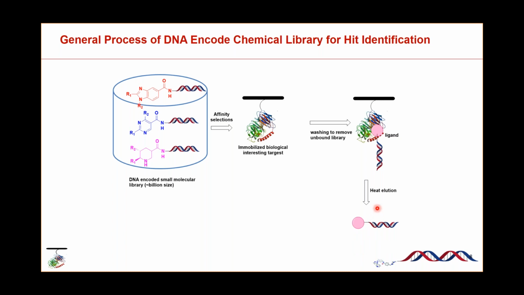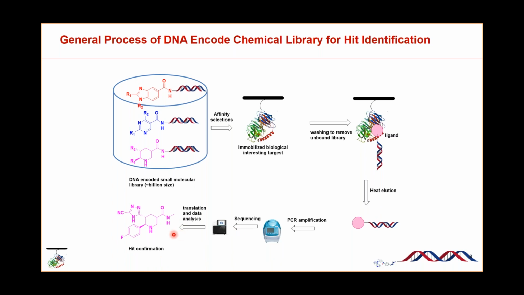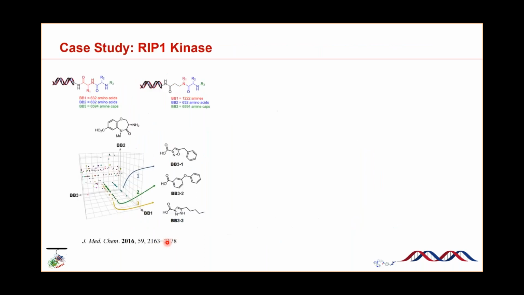After you do the heat evolution, you can do the PCR and the sequence, and from the sequence data you can analyze the potential vendors and using these things as a traditional organic compound. Then you can use biochemistry and biophysics assay to confirm this activity. For example, this electrokinase case, which we have very well documented in the literature, and it comes from the very